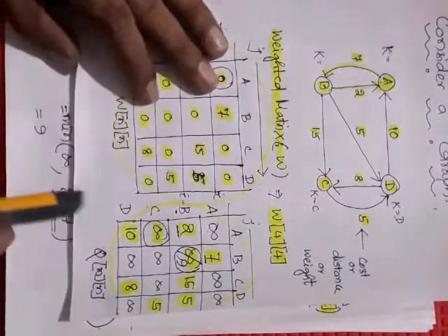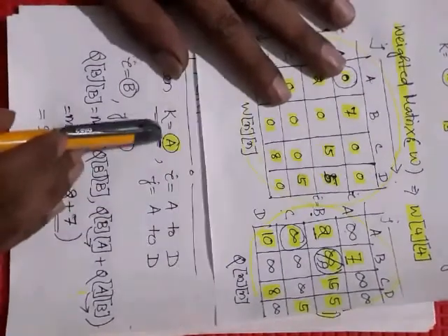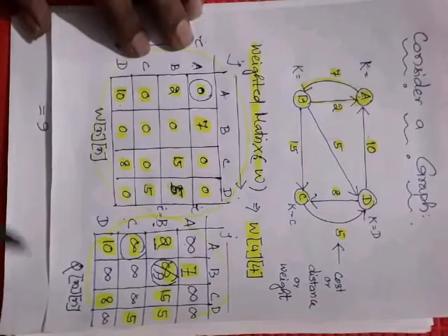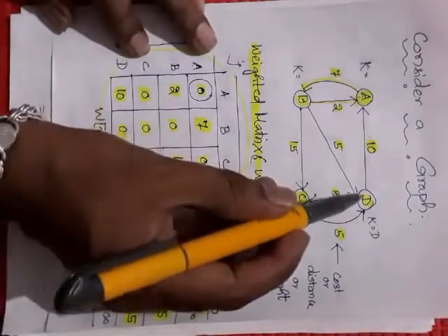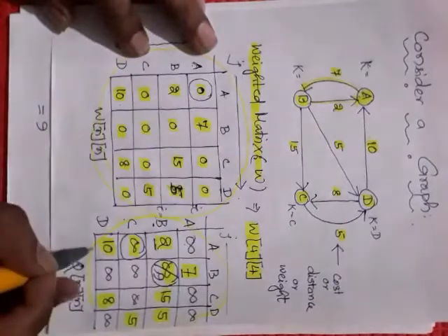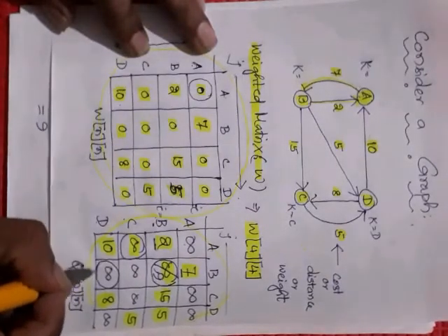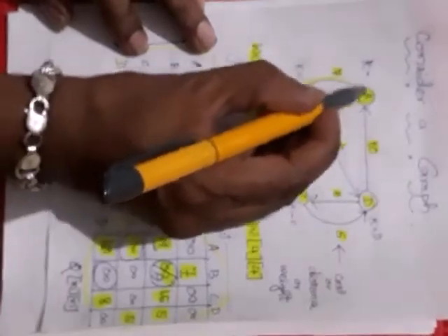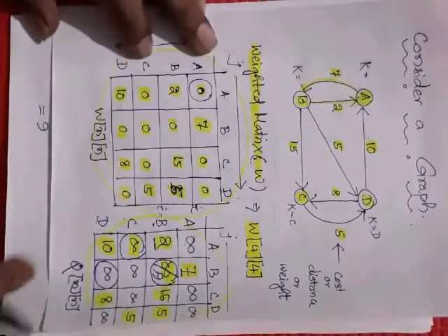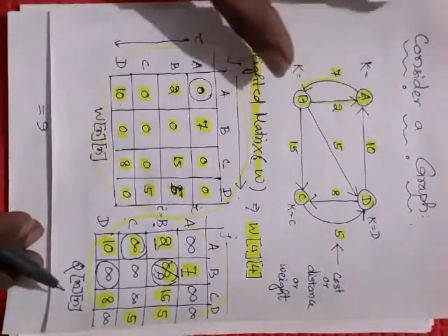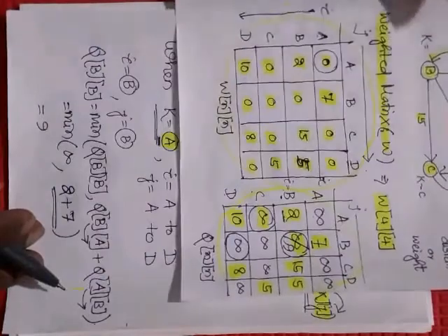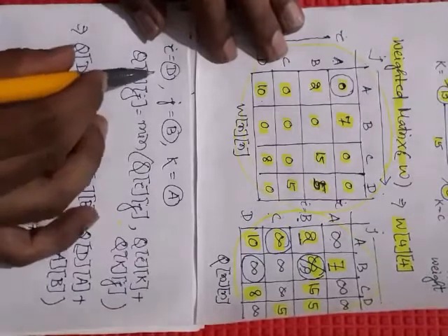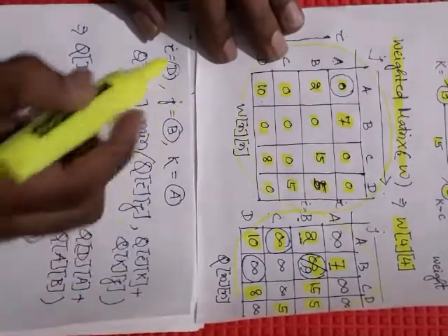So in this example I used k equal to a. Now again we can see another instance. Say here d to b. What does d to b contain? D to b contains the value infinite. But d to a and a to b, using the intermediate vertex a, you can go. So that value will be updated. In the graph you can see here; in the example also we can discuss that. We can see this example when i equal to d, j equal to b.